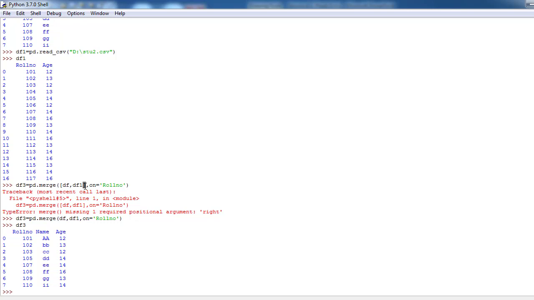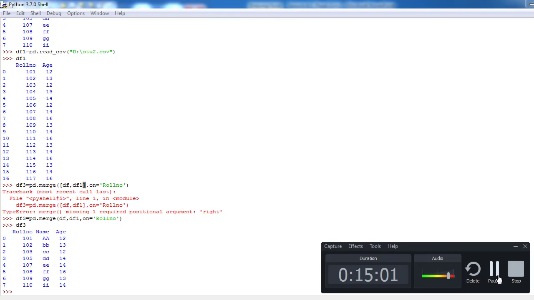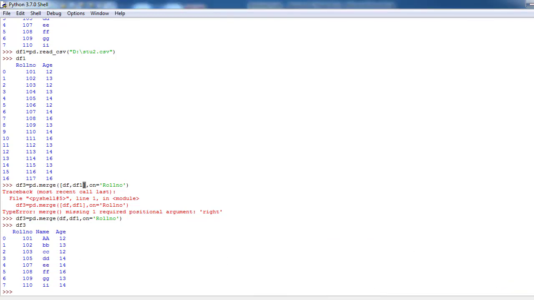So the merging of tf1 and tf. The merge function returns data frame 3 as the result of the join operation. By default, the merge operation returns the result as an inner join, inner merge.